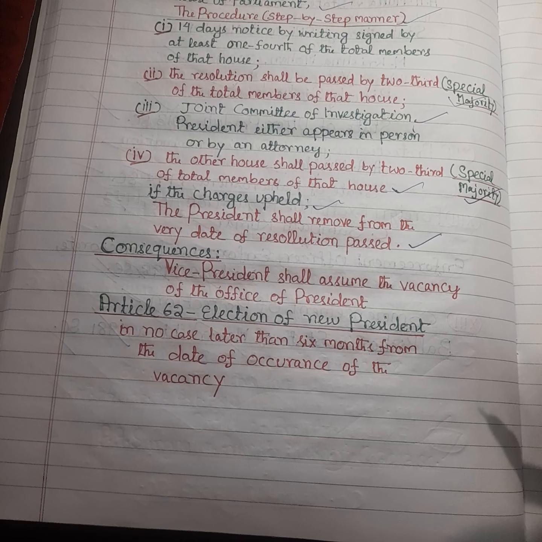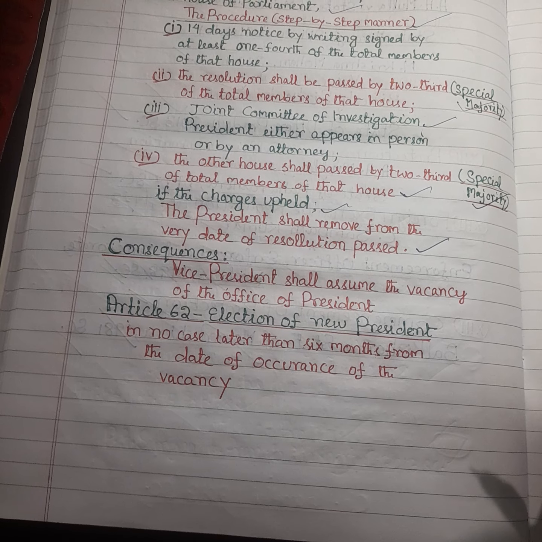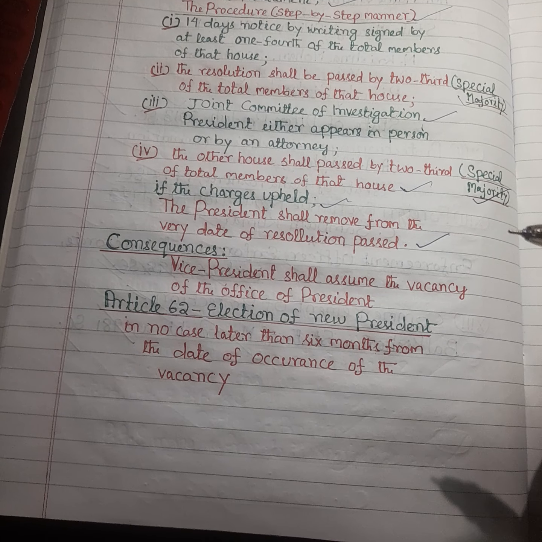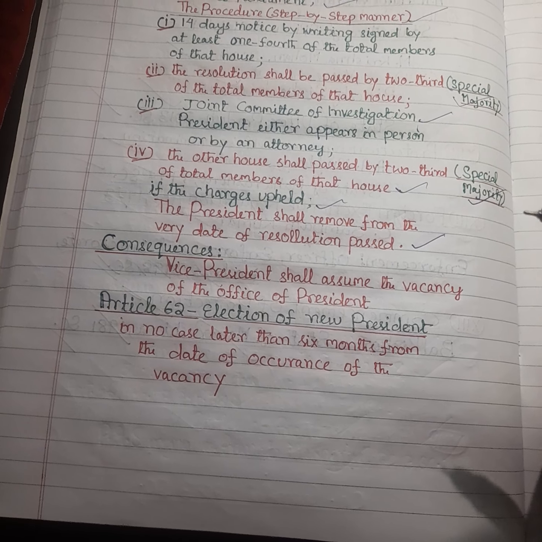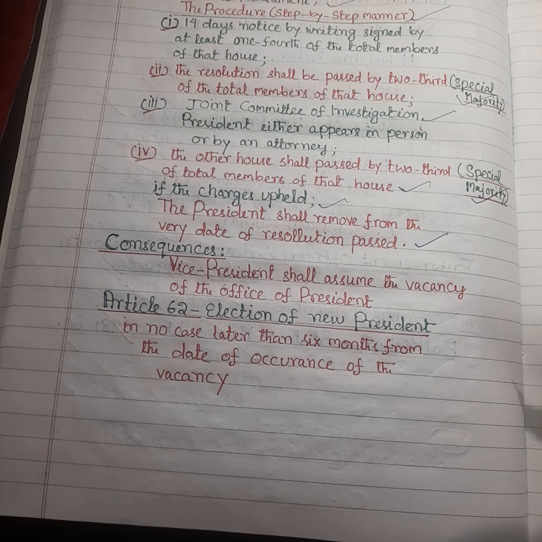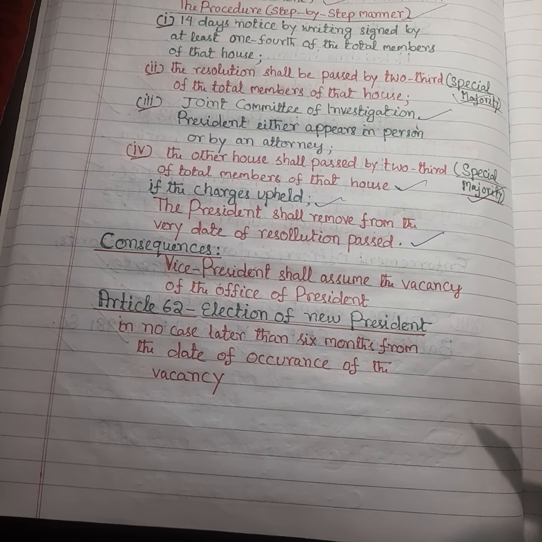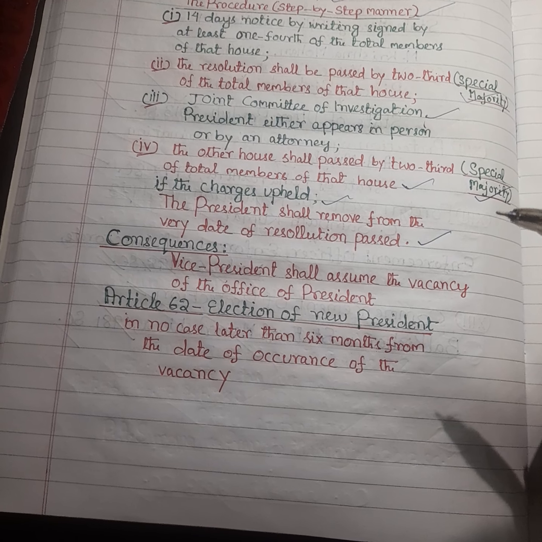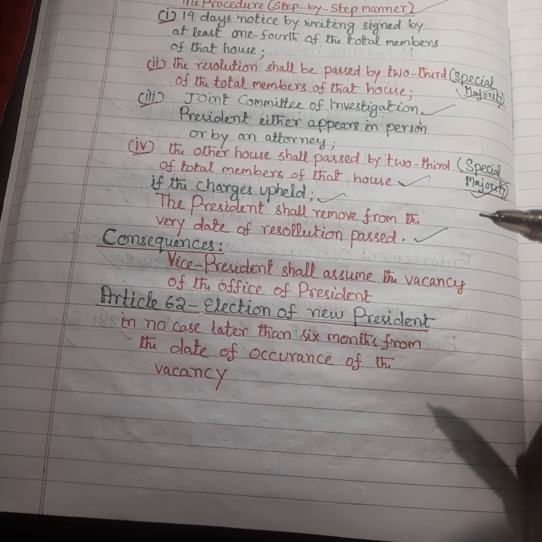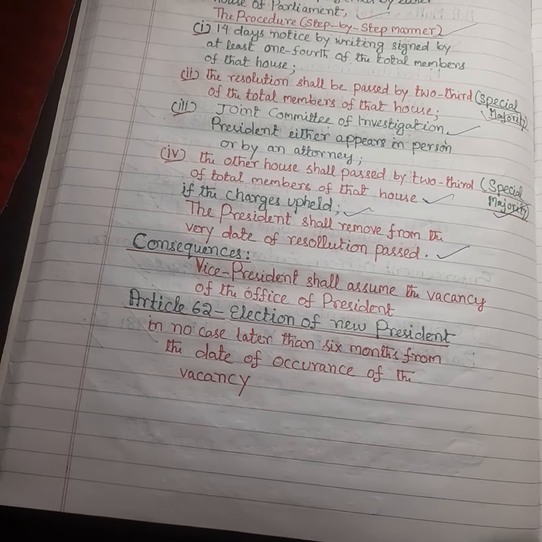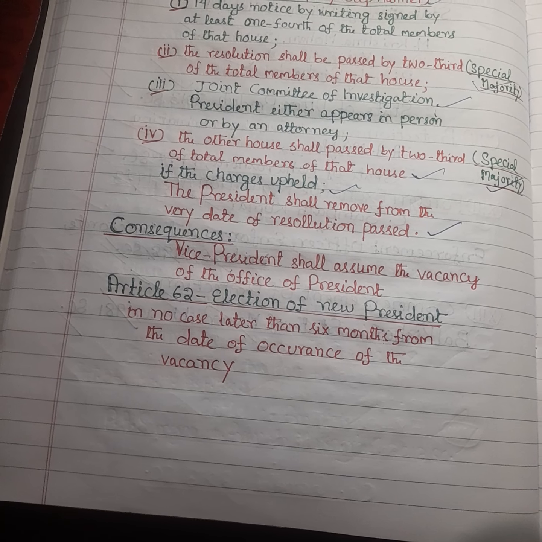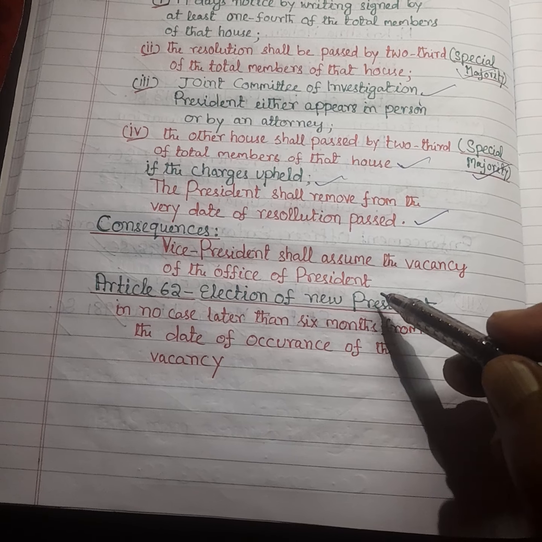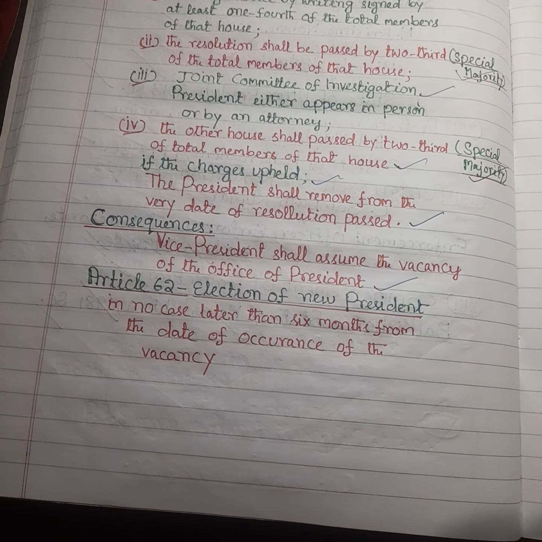And if the charges raised by the house which first initiated the move against the President were passed by two-thirds majority of the total members, then the charges are upheld, and automatically from the date of the resolution passed, the President shall be removed from his office, and in consequence of the removal, the Vice President shall immediately assume the vacancy created at the office of the President, and continue to function as the